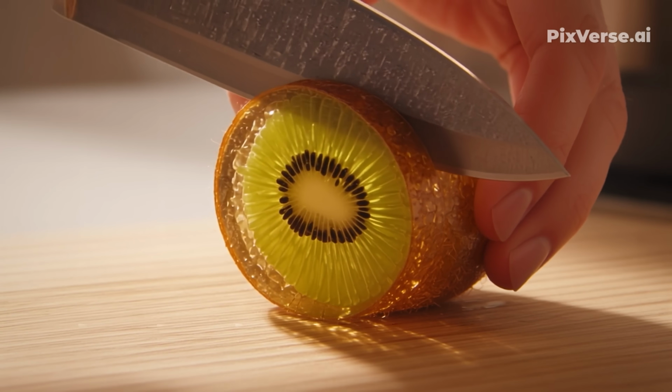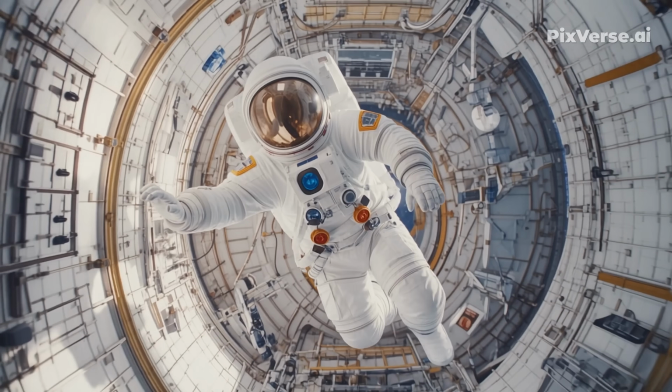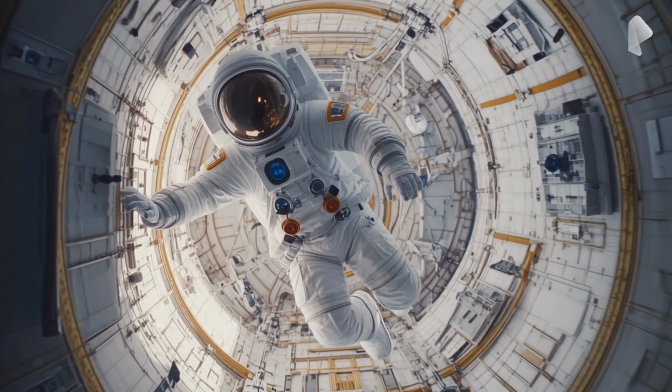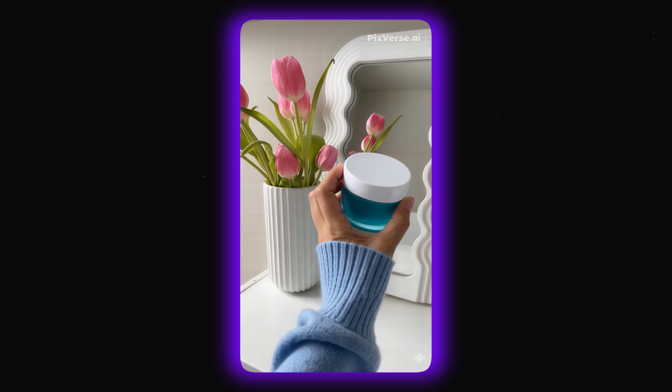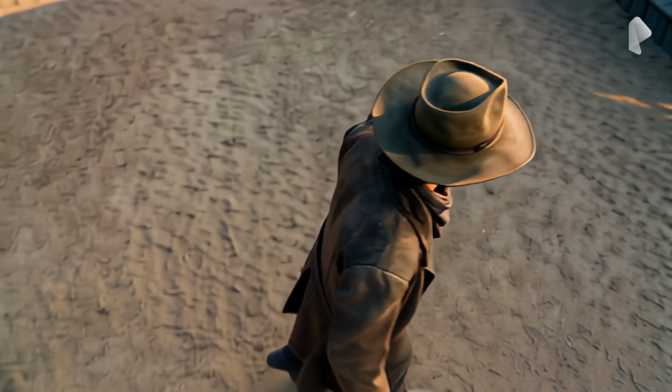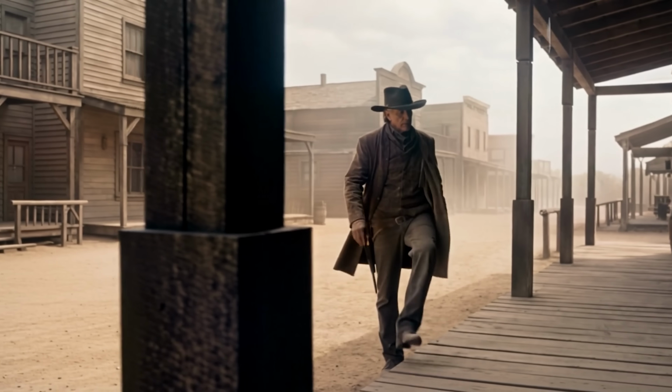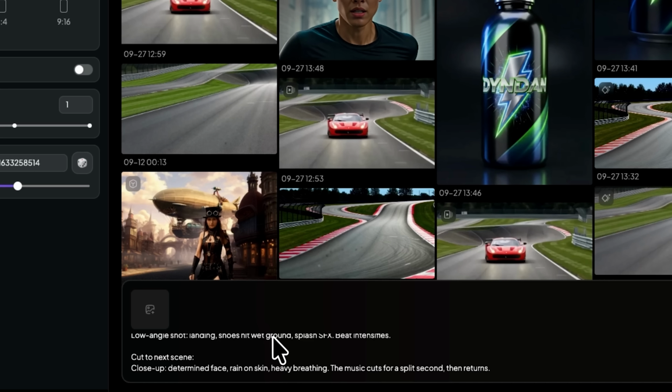Today I am showing you PixVerse V5.6, an AI video tool that can generate cinematic scenes with music, sound effects, and even dialogue from a single prompt. But instead of talking about the settings first, let's jump straight into a real example and see what the tool